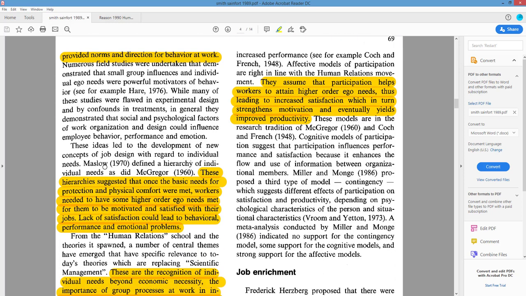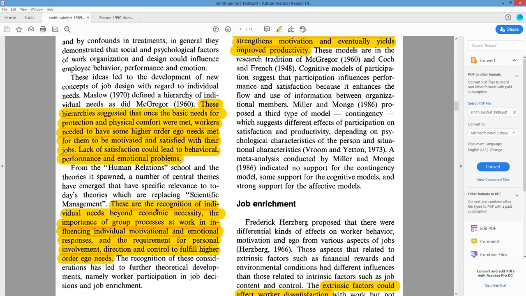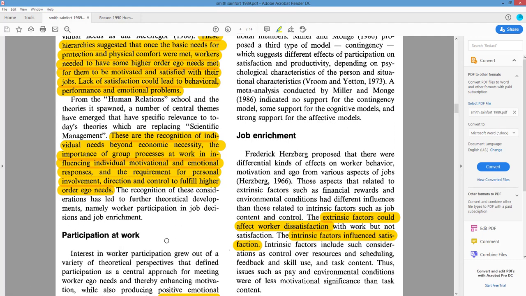And so they start getting into discussing Maslow's hierarchy. You probably heard of that. You took psych. McGregor's work as well. And they talk about it from the perspective of what do people want, how do they get it, and there's some individuality to it, but there are also some general terms as far as how a work setting may affect the emotional and motivational responses. Okay, and depending how connected they are to the work.